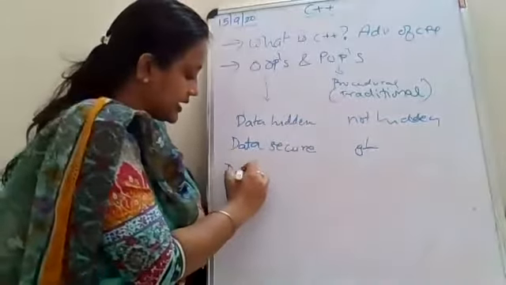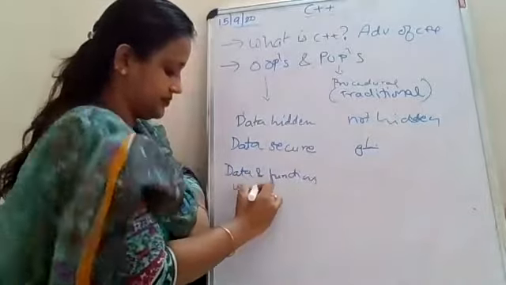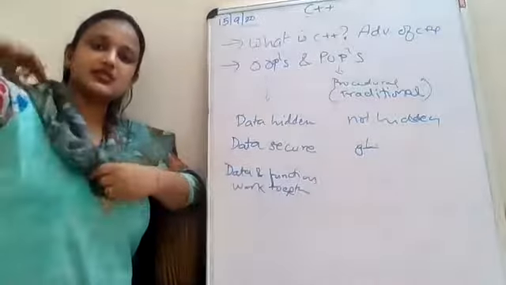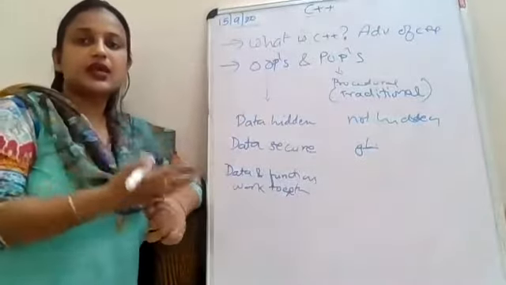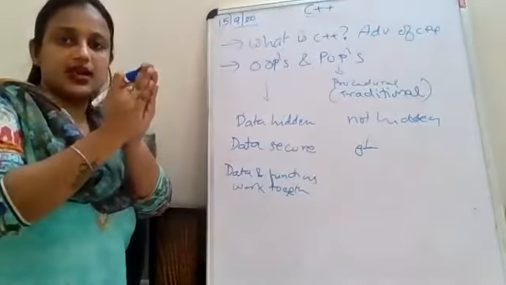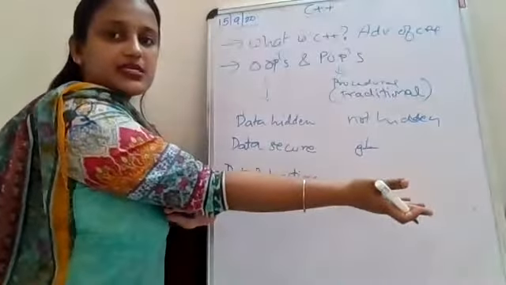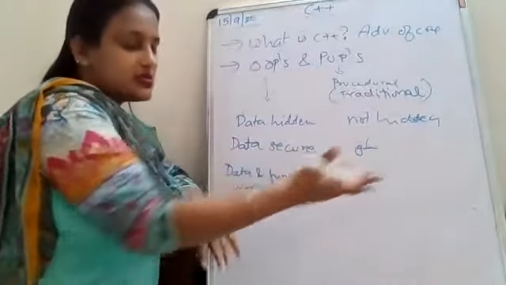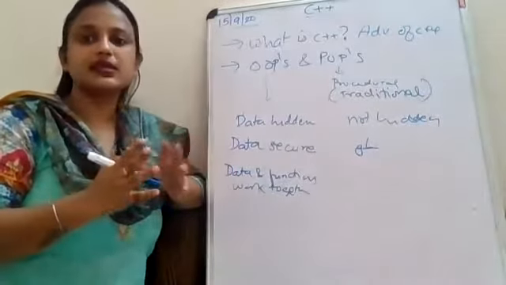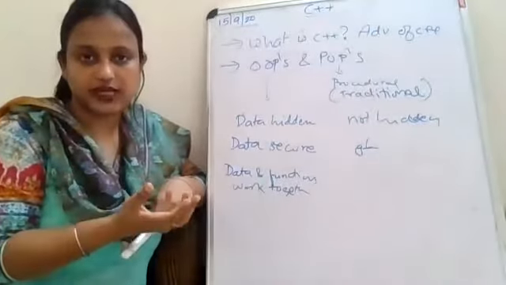Over here, data and functions work together. Again, the same point, it is a class. The explanation is that it is a class. So that is why data and member functions all are together placed, combined in one class. Over here, there is no concept of class, so there is no data and functions which are working together. They are working together only when it is needed. There is no combination, or I can say encapsulation of any data.